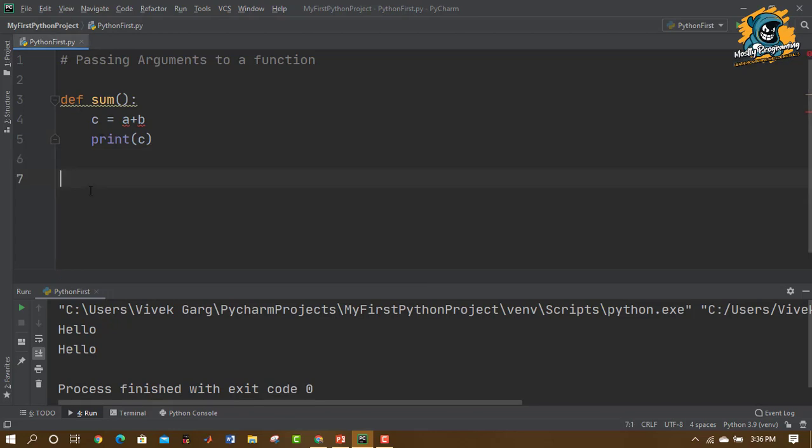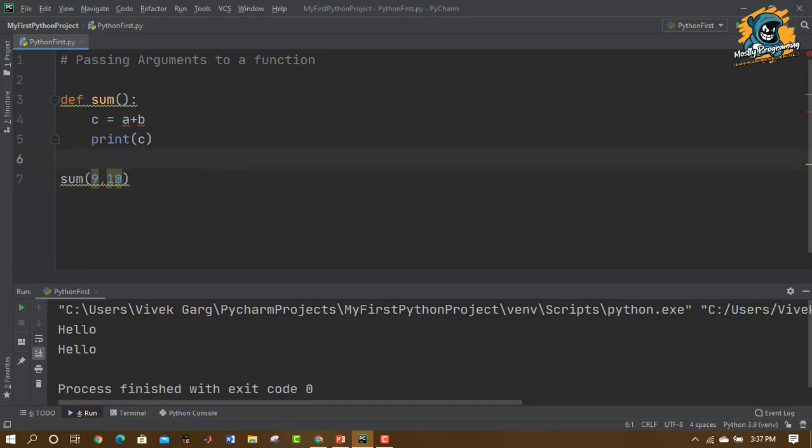This function is not yet complete. I am going to show you what is missing here. Let's first call this function sum. So now the values that I'm going to pass inside the parentheses while calling the function are arguments. Suppose I'm writing here 9 and 10. I'm passing these two values 9 and 10 to the sum function.